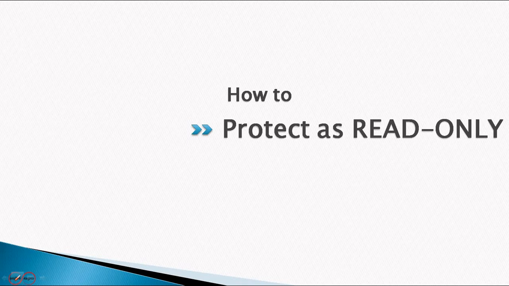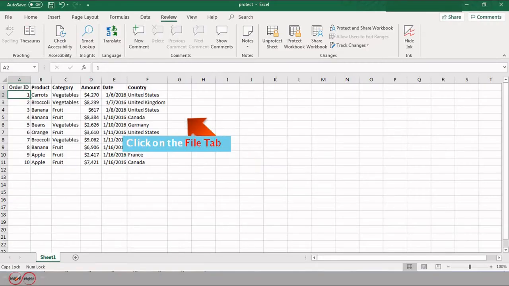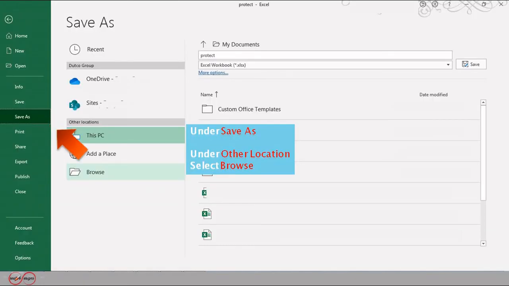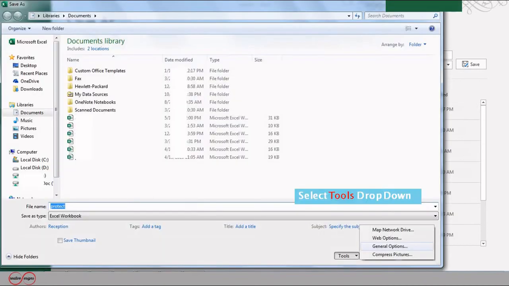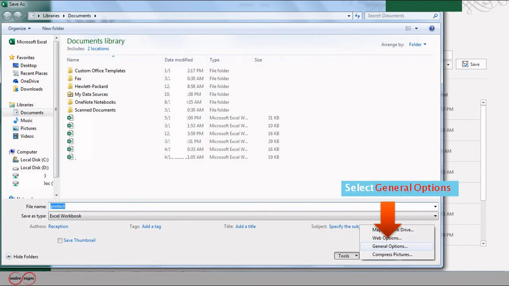How to protect as read only file. To do so, click on the File tab under Save As. Under Other Location, select Browse. Select the Tools drop-down, select the General options.